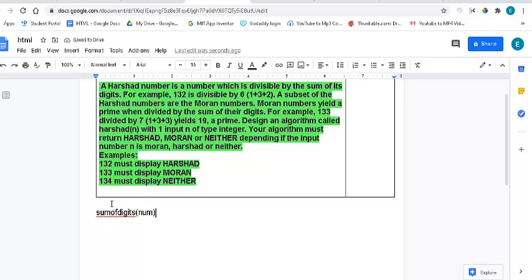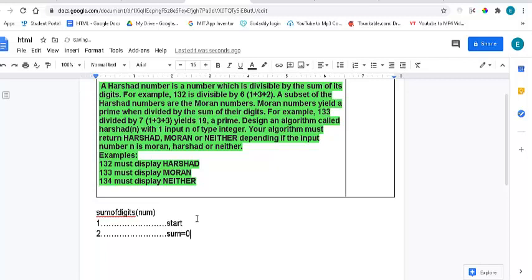For instance, if I pass the number 132 to the algorithm sum of digits, it is going to return 2 plus 3 plus 1, which is 6. If I pass 134, it's going to return 8. So let's start writing this algorithm. As usual, the first one is start. The second one, because I have to go through individual digits and add them up, I need an intermediate variable,